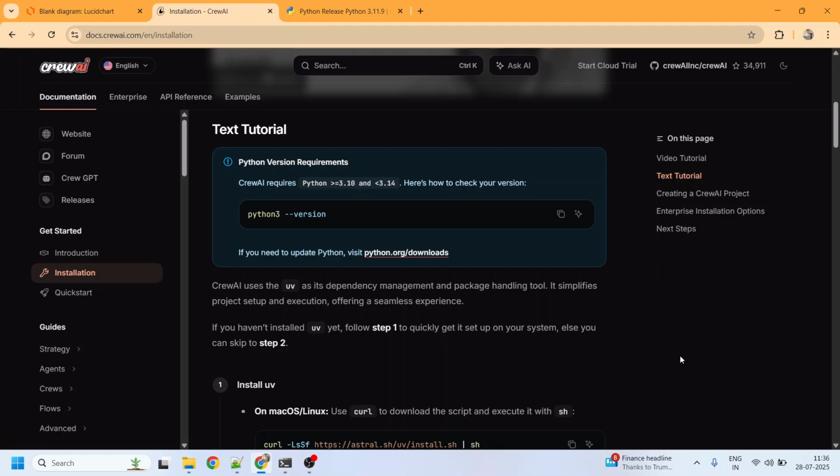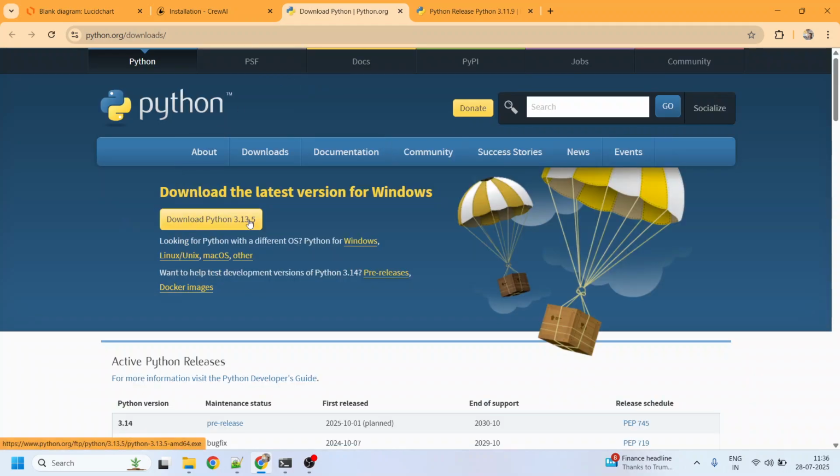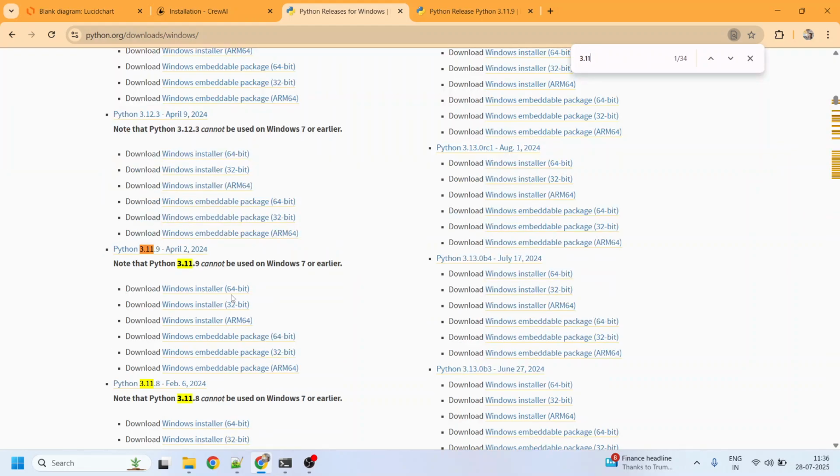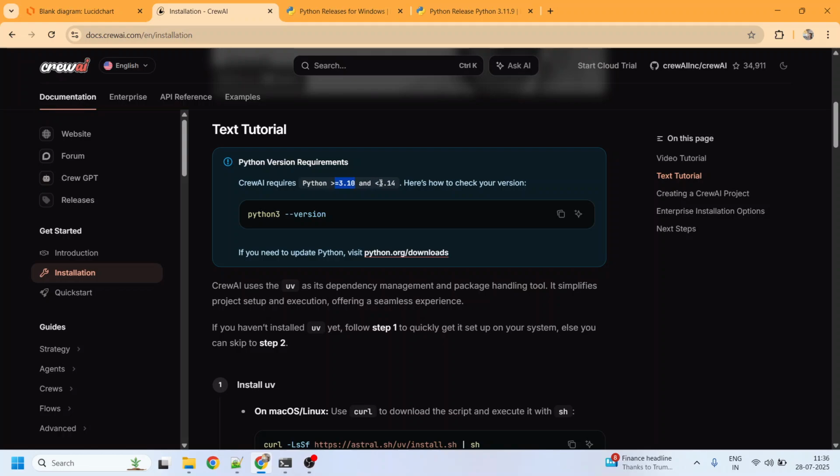So first of all, the first step is installing CrewAI. To install CrewAI, there are three steps. First, install Python. You can go to the CrewAI installation page and use the Python download link from there. But when you go to this link, you will see Python 3.13, but don't download that. Go to Windows, search for 3.11, and install this one, because here it says 3.10 to 3.14, but it does not work on 3.13, so install